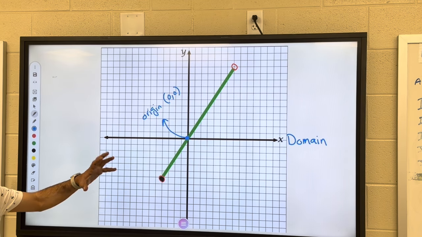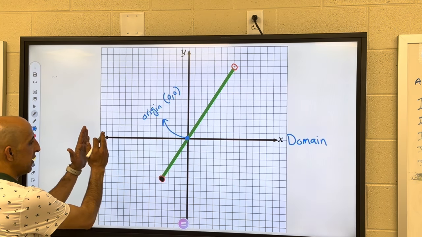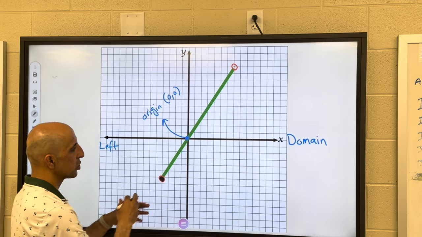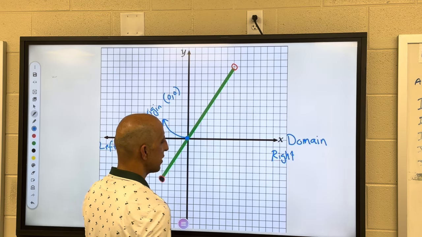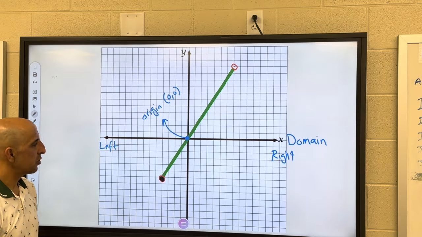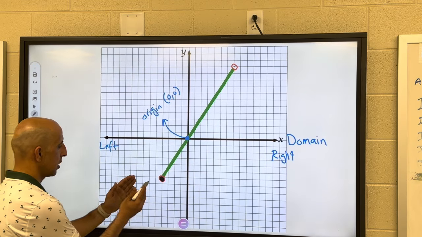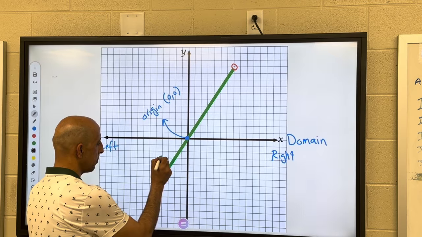If you want to find the domain, we can start, for example, from the left side toward the right side. So I start from this point here, which is the first point I need to care about, going up